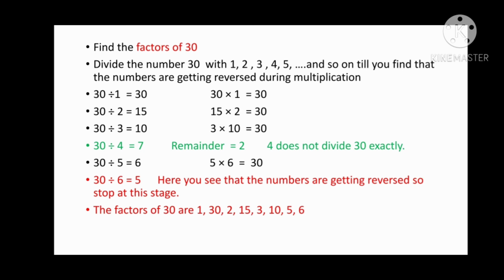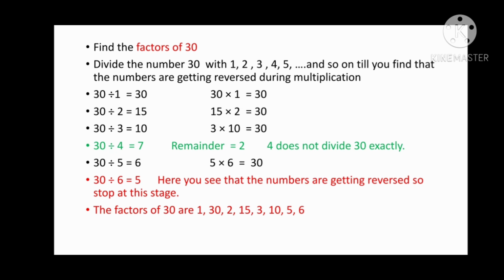First one is use multiplication to find the factors of the numbers. Multiplication means you have to multiply and show the factors. First one is 15. You have to find the multiplication and find out. 5 multiplied by 3 is equal to 15. I have shown multiplication, right? So 5 and 3 are the two factors of 15.